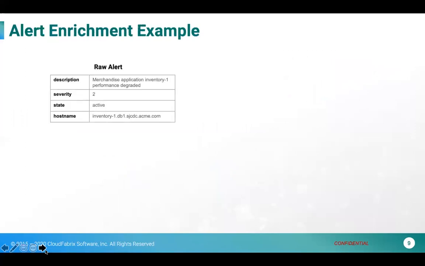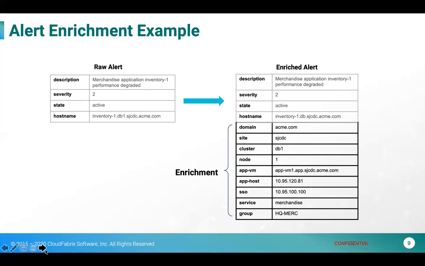So here is a quick example where we have a raw alert coming in with just 4 parameters, and we will be able to enrich this with a lot of other details. In our experience, 15 to 20 attributes is not uncommon, which gives you a lot of intelligence for you to make very smart decisions on how to group it. So the more enrichment I can do on my alert, the better correlation I'll be able to get. So this is very critical.